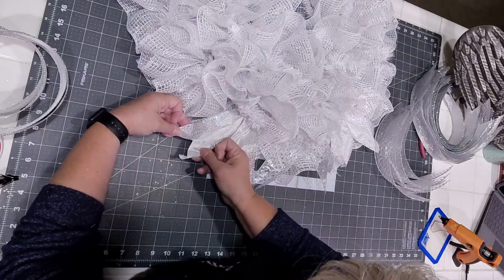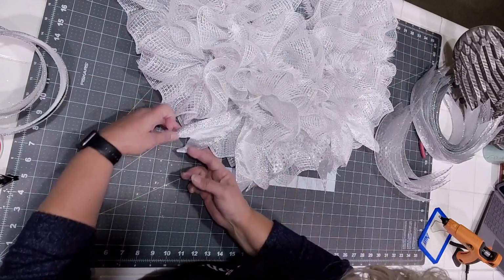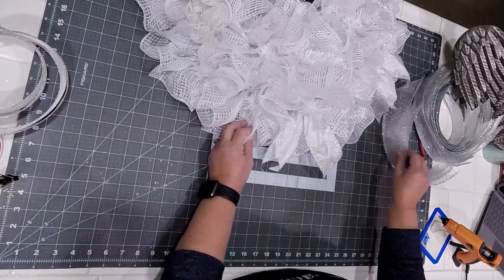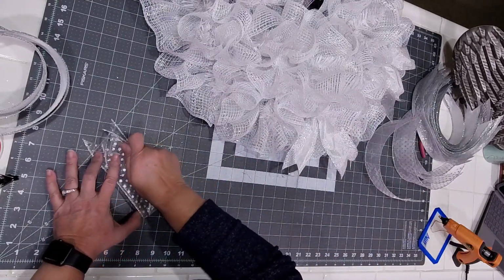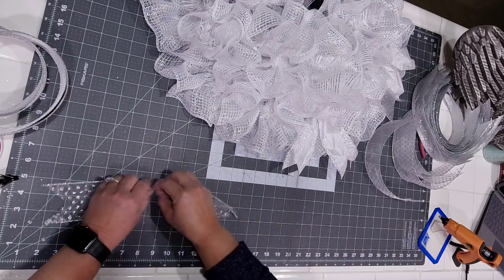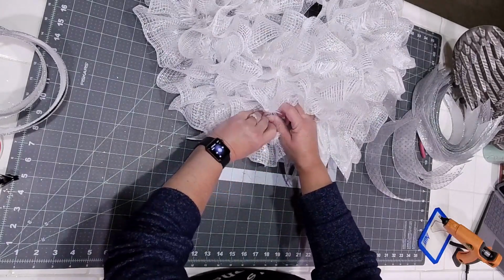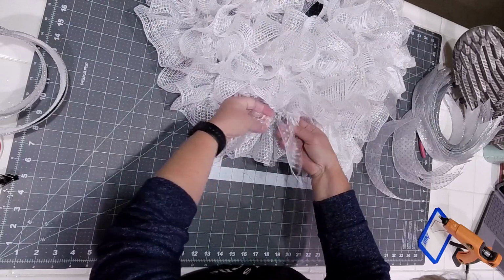This one? There we go. You can tell that the inside part of this ribbon is not very thick, but then again, neither is the ones with the dots. But silver is hard to find without it being Christmassy. And I wanted this to be not so Christmassy,